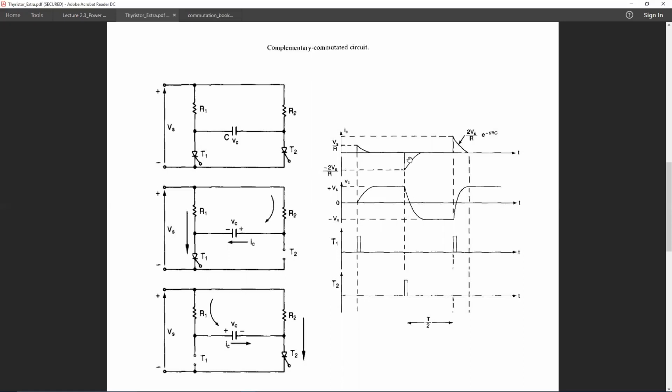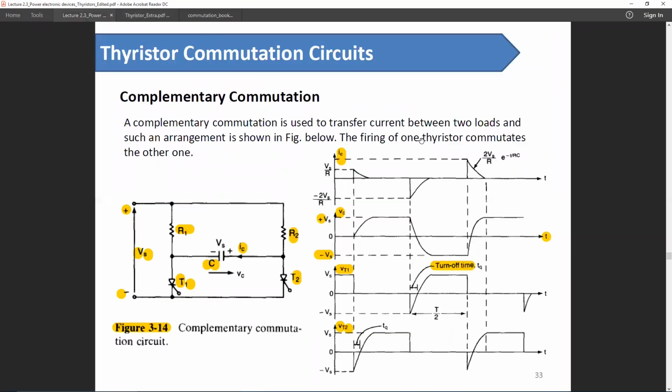the capacitor current will change the polarity, and so does the voltage. So first the capacitor will discharge to 0, and then it will get back the charge in the opposite polarity, and the cycle will repeat. Since the load is divided by two resistances, these types of circuits are not used in common applications. These are only used in oscillator circuits. If we get back to our main slide,